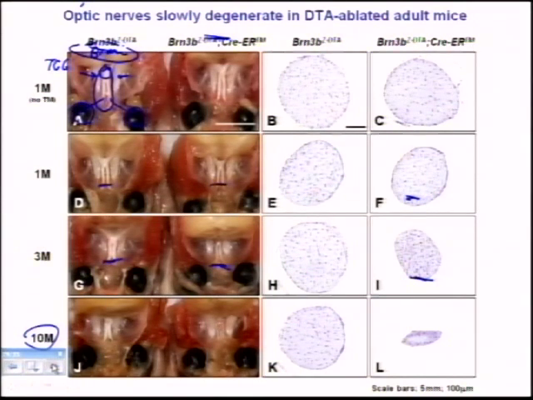And here's 10 months later. And here you see again the control, and you see the optic nerve is now basically just a sheath. When we look at the EM, there's hardly any axons in there at all. So we believe this is a very nice animal model for optic nerve degeneration that applies to human optic nerve degeneration, because in humans, the optic nerve doesn't go away in a few days. It degenerates over many, many months. And so we've created now an animal model that can mimic that process by destroying the ganglion cells.